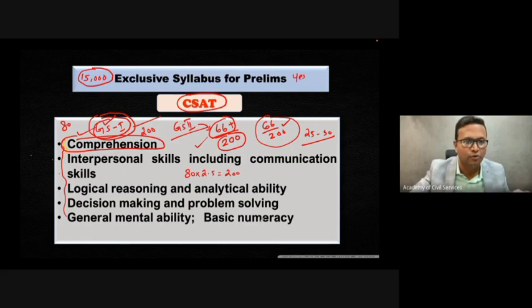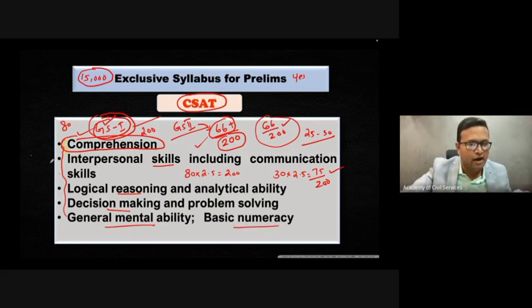Even if you are not good in mathematics, still 25 to 30 questions. Imagine all the 30 questions you made it correct. 30 multiplied by 2.5, you are getting 75 out of 200. You easily qualified. Now remaining subjects, interpersonal skills, logical reasoning, decision making, general mental ability, basic numeracy, all these subjects